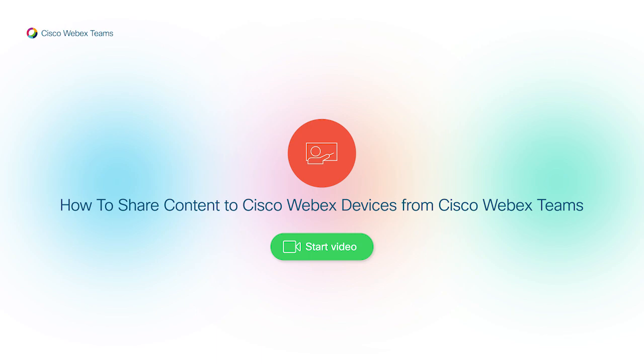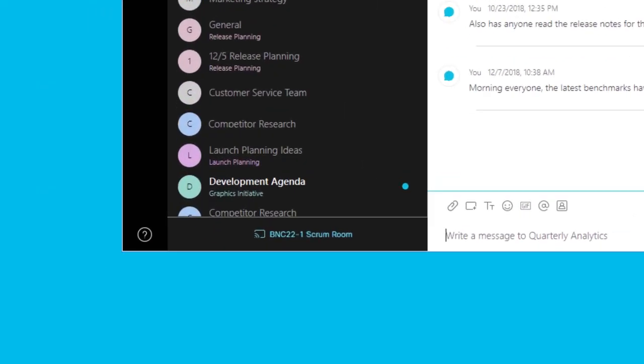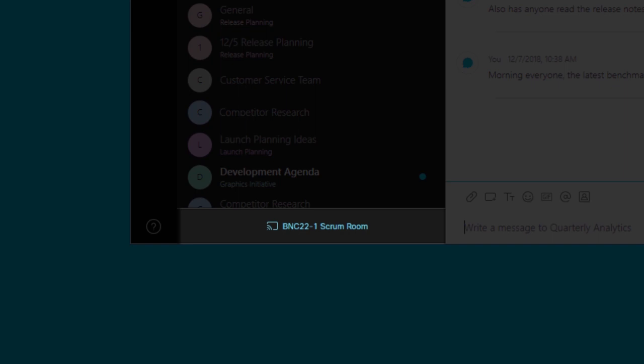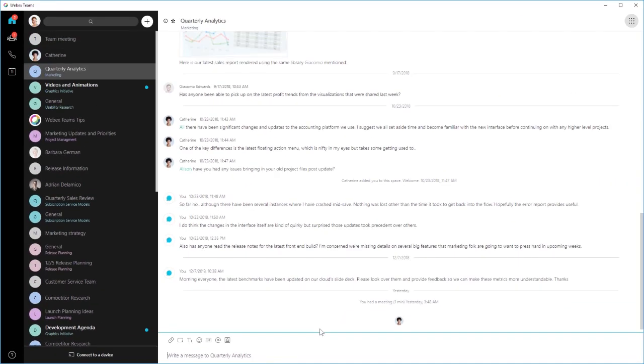Hey, let me show you how to share your screen with a connected Cisco Webex video or room device. When you're in a room with a Webex device, your Webex Teams app automatically connects to it. Or, if you don't have Webex Teams set to connect automatically, you can select a nearby device or search for